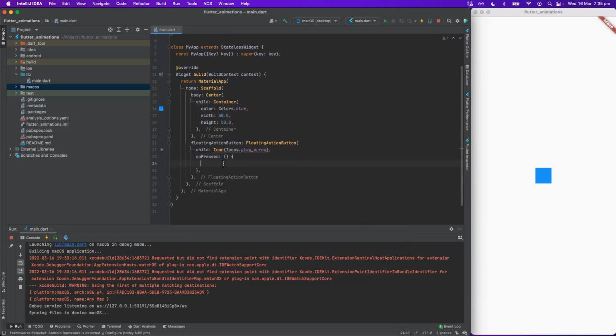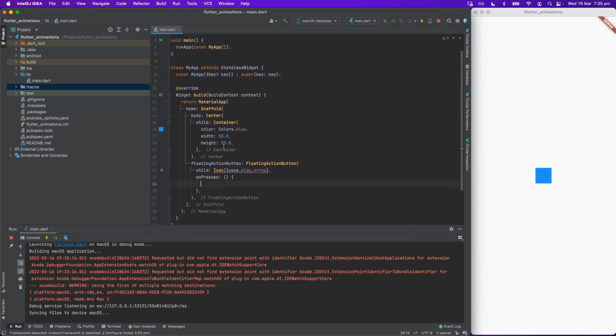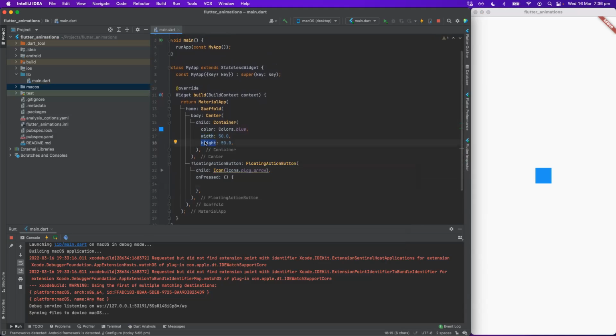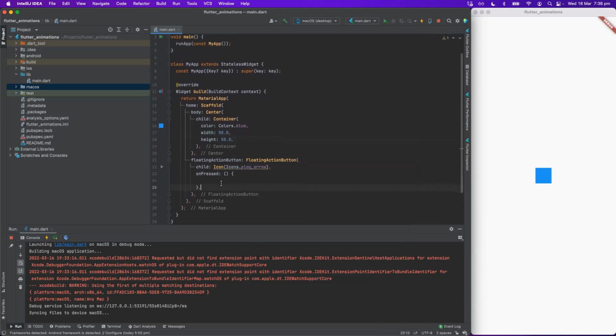So when we press this button, I would like to change the parameters for this container, like width and height. And how can I do that? If you're programming on Android, you are probably used to a different approach called imperative programming.